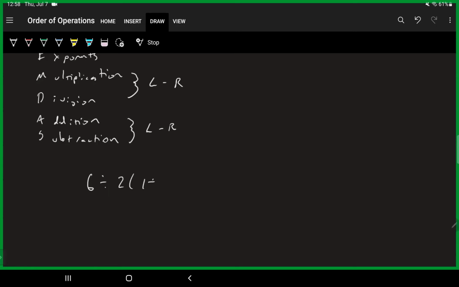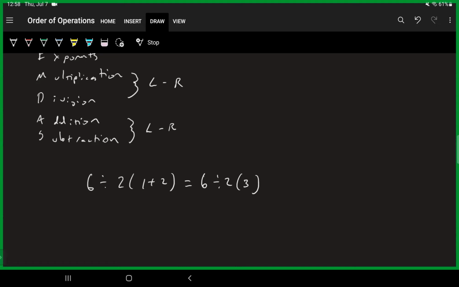So if I am looking at 6 divided by 2, multiplied by (1 plus 2) in parentheses, again, most people are going to get the first step right. I have 6 divided by 2, and 1 plus 2 is 3. Since the 1 plus 2 is in parentheses and P is the first thing on the order of operations, there's usually no issues there.